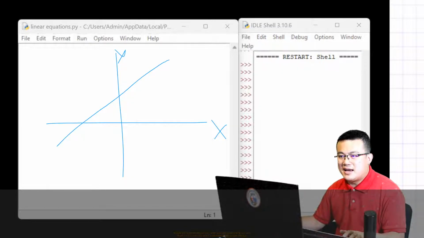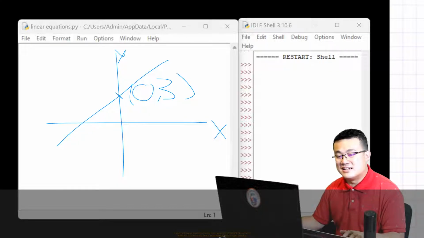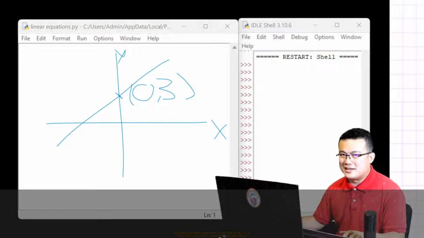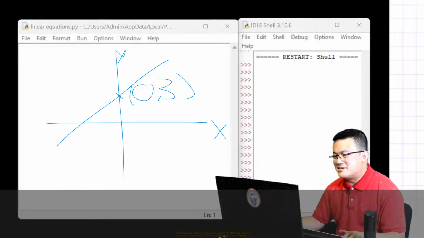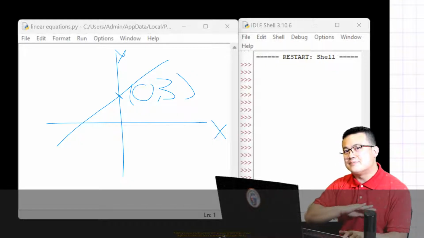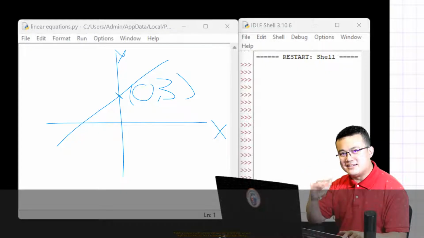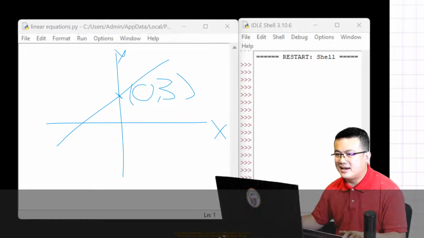So if I am intercepting over here the number, say, 3, so 0, 3, this is the y-intercept, because the first number of the coordinate is 0, the x value is 0. That means it's intercepting the y-axis. I know it's really hard to picture this. I had trouble picturing this in school. So when x is 0, we are intercepting the y-axis. But when y is 0, we're intercepting the x-axis. Okay? So 0, 3 is the y-intercept.